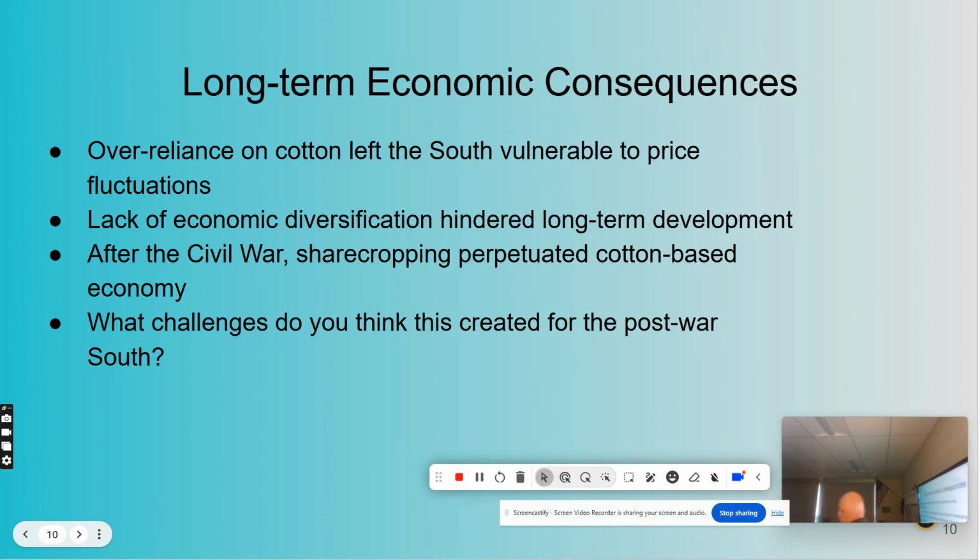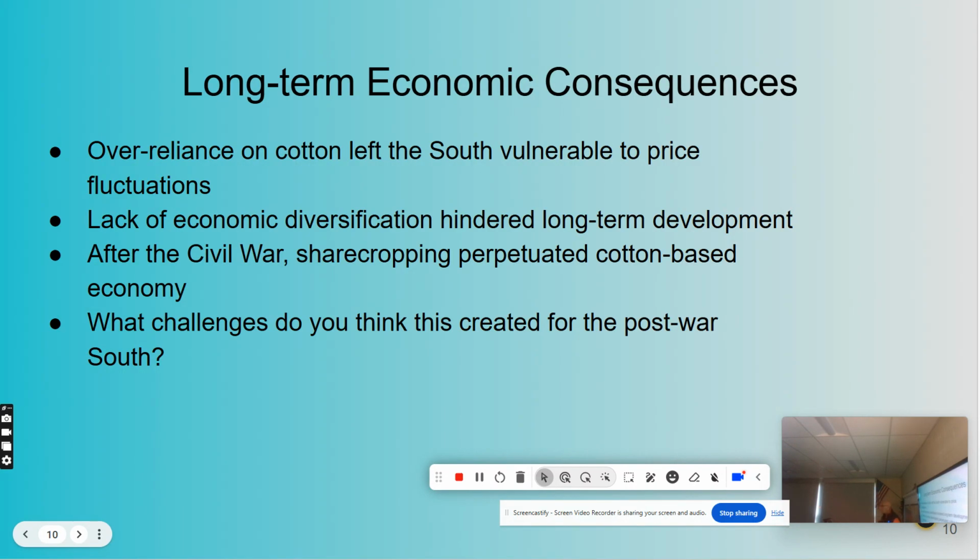They're not going to make as much money. If the price of cotton rises, okay, what happens? If they're able to produce the cotton that they need. So this becomes